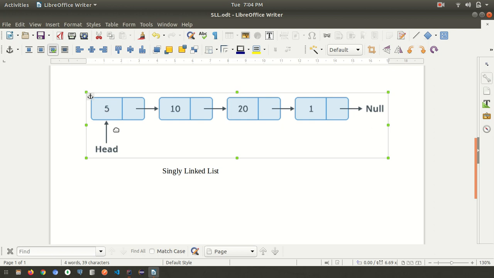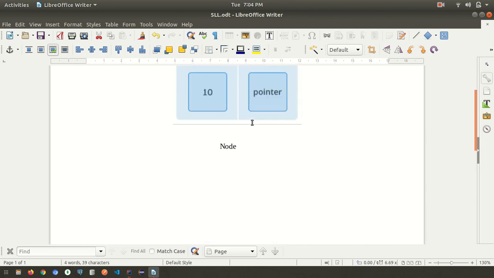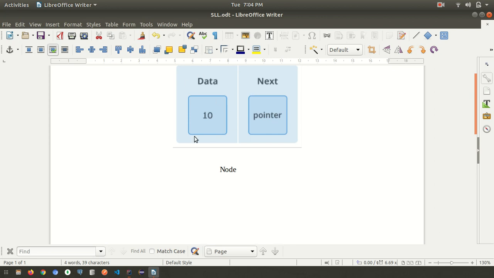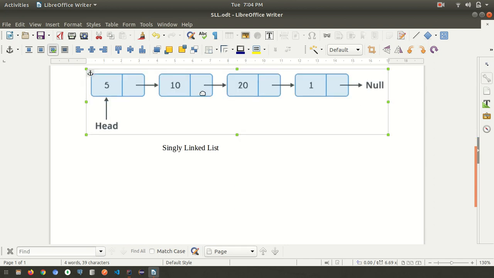And if you want to insert data, for example, we have 5, this is the first head element and this is the second element. In between, if you want to insert directly, we can create one more new node, this one, and we will put this reference here for this 10th element, and from here this pointer will point to this 10th. So we can directly create a new node and just need to change the reference and it will work. If you want to delete also, we can do all this operation.